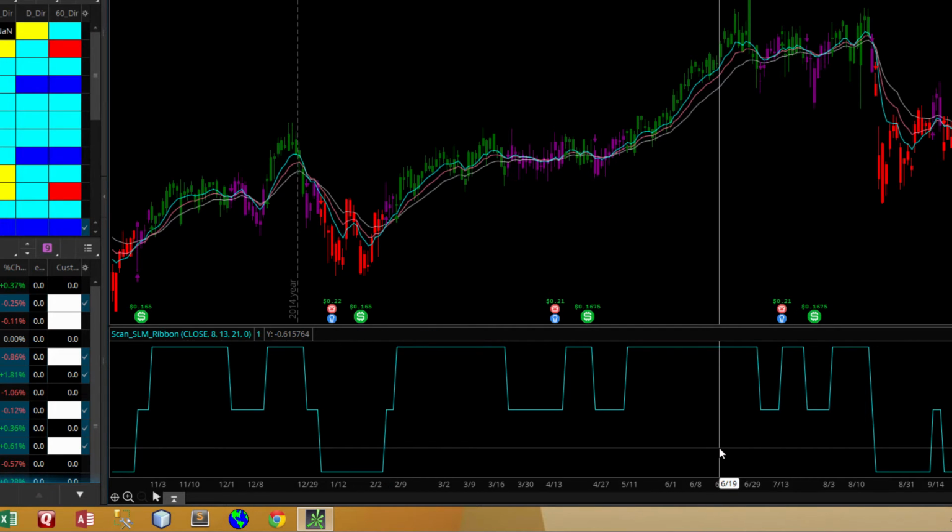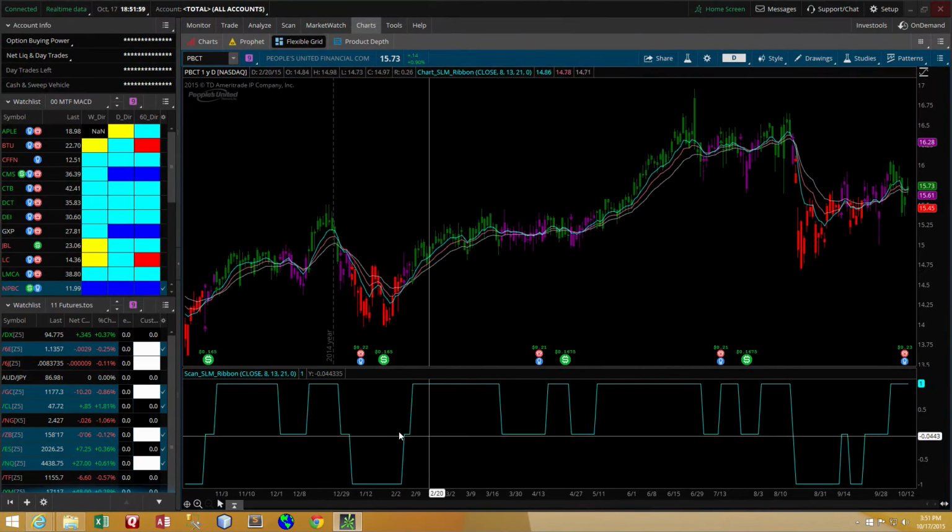It's assigning a value of 1 for an uptrend, -1 for a downtrend, 0 for neutral. So the scan is simply picking up these little movements right here. All right, so let's go back to